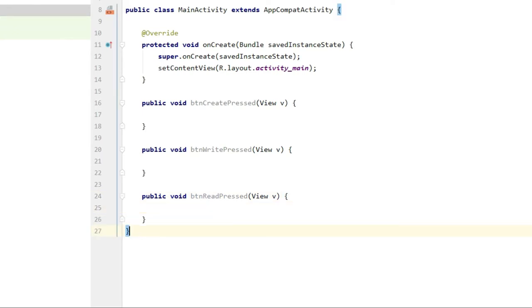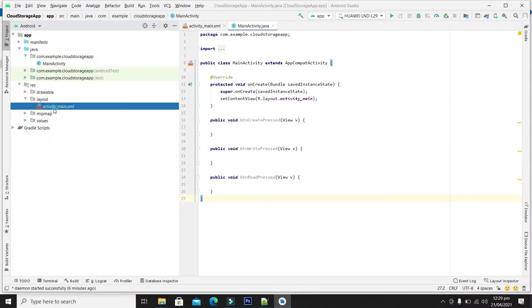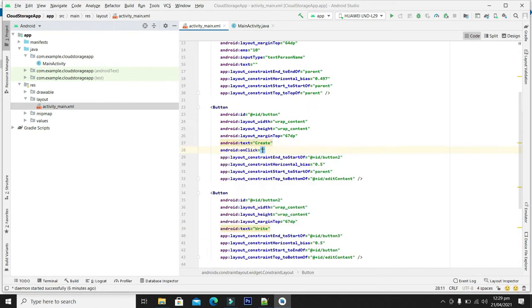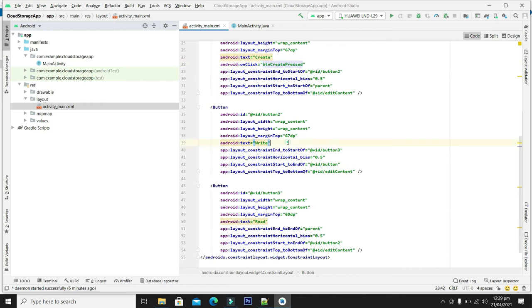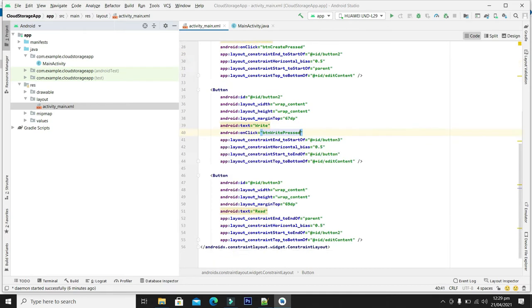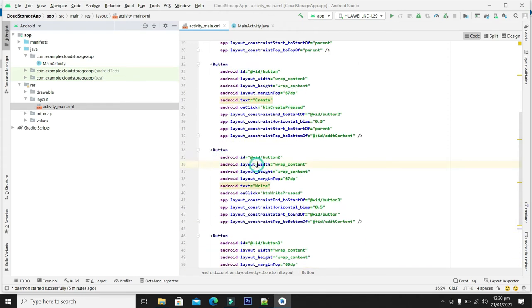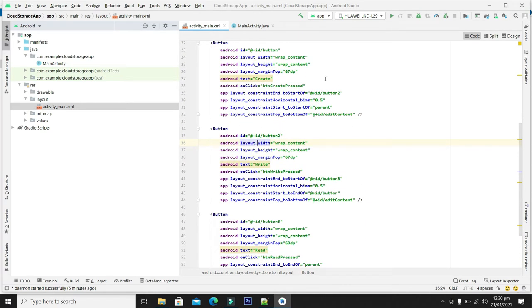So guys, all 3 button click events are ready. Now let's integrate these events into our button click events. The button click events have been allocated to the appropriate buttons.